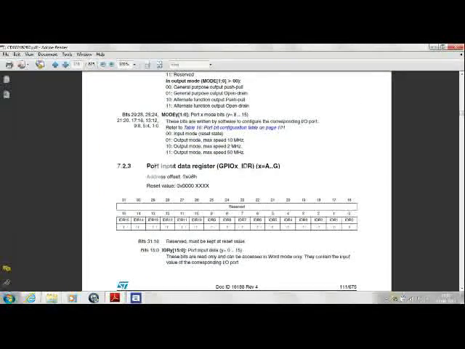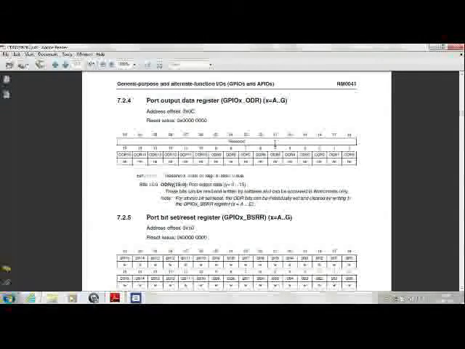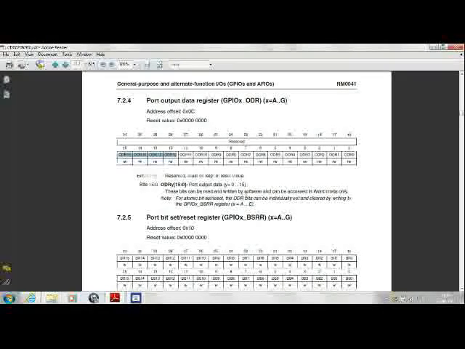This is the port input data register. As we know that there is nothing that we want to input from the port, it's just that we want to blink. We will come to the next register, that's called the port output data register, or the GPIO-X ODR, output data register. We can see that only 0 to 15, that is 16 port pins are available for you to control.